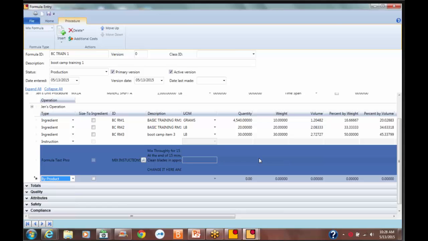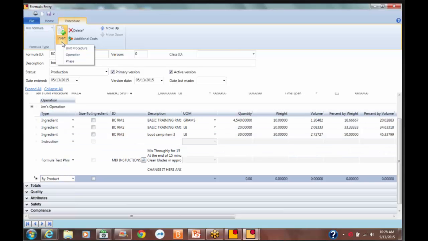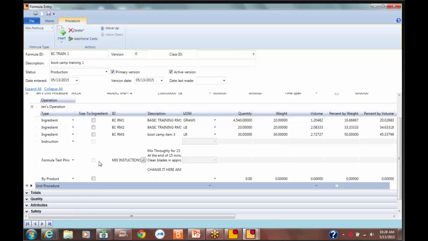What else can we do in here? Okay. So that's your basic structure. You can have more than one unit procedure in one operation. So that's just when you're up here and you do your insert a unit procedure instead. So this is now, you can do